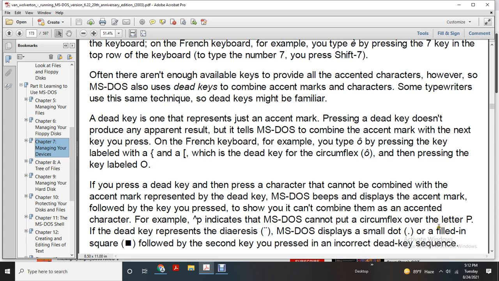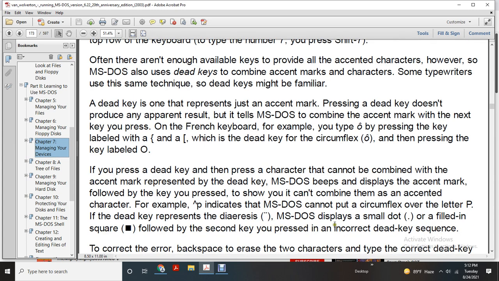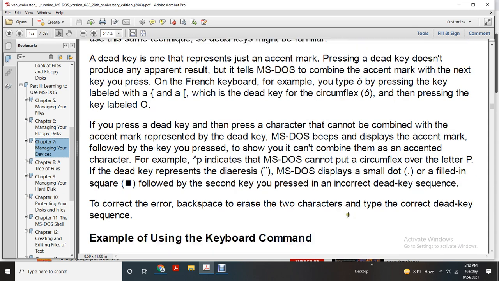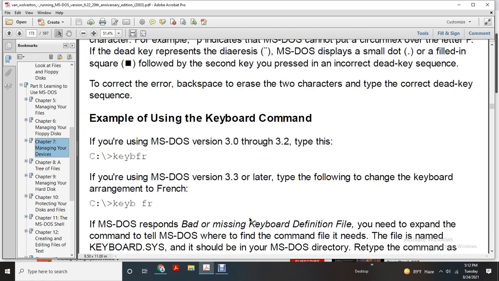If the second key presents an incorrect dead key sequence, MS-DOS displays a small dot or a filled-in square. To correct this, use the backspace arrow to erase the two characters, then type the correct dead key sequence. Example: the keyboard command, with MS-DOS version 3.0, 3.2, with the key B FR